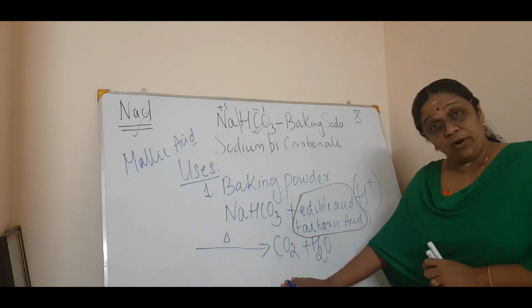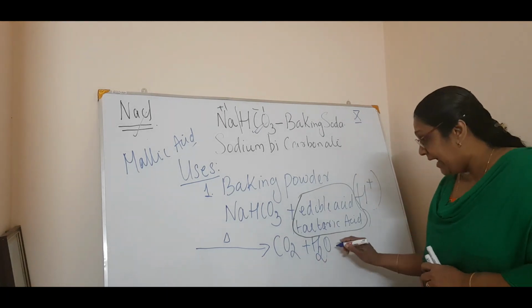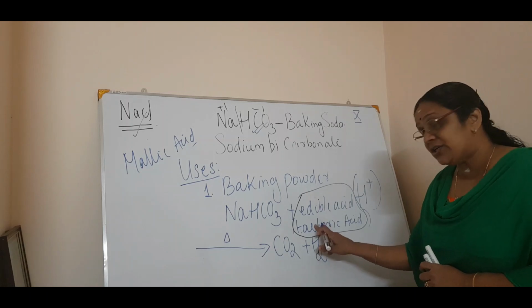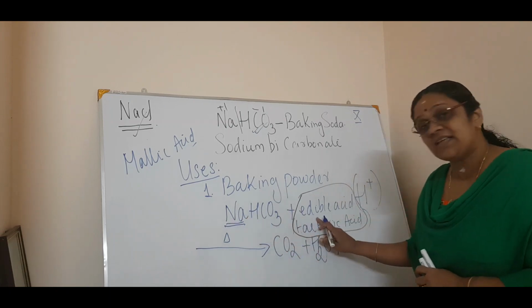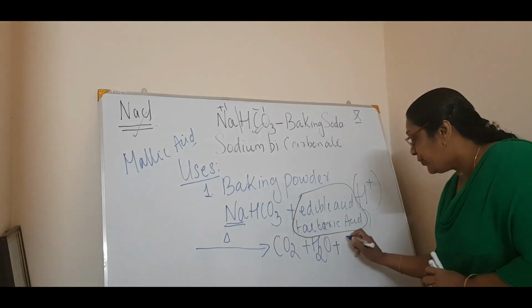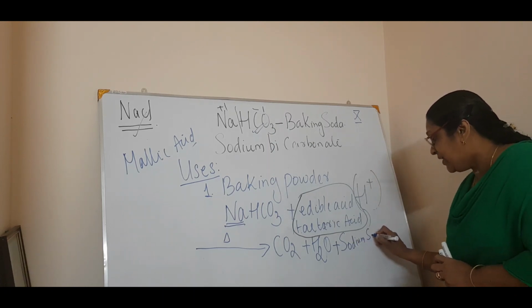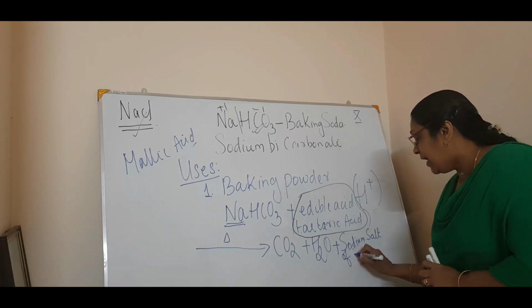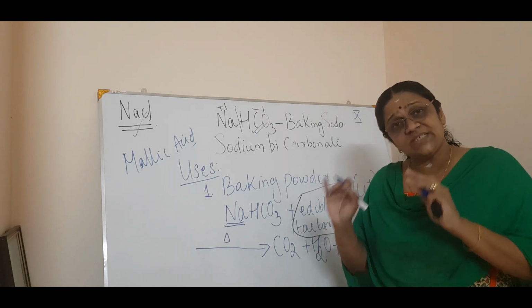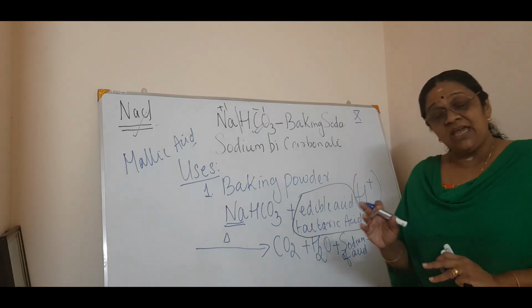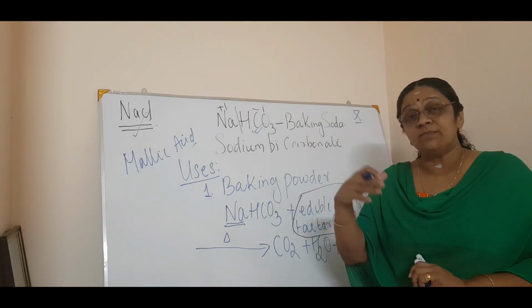Now, coming to the products, that is important. Carbon dioxide and water are formed. Along with that, what will you get? You will get the salt of this acid, isn't it? What salt? The sodium salt of this acid. No need for a chemical formula; you write in words, sodium salt of acid. Just acid, you don't have to mention tartaric acid also. If it is tartaric acid, you can say sodium salt of tartaric acid, or sodium tartarate.